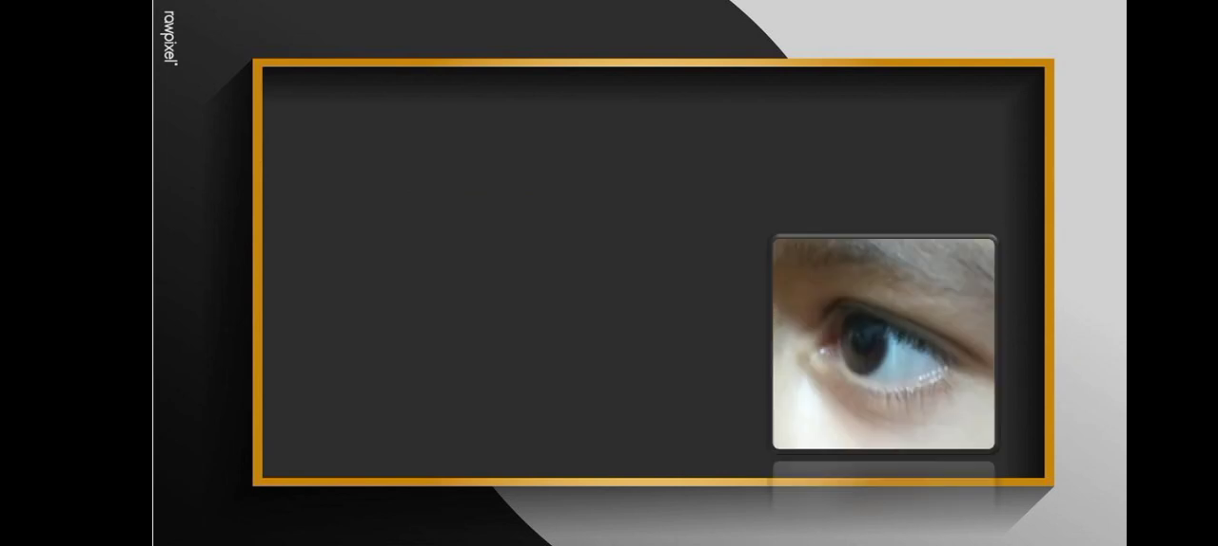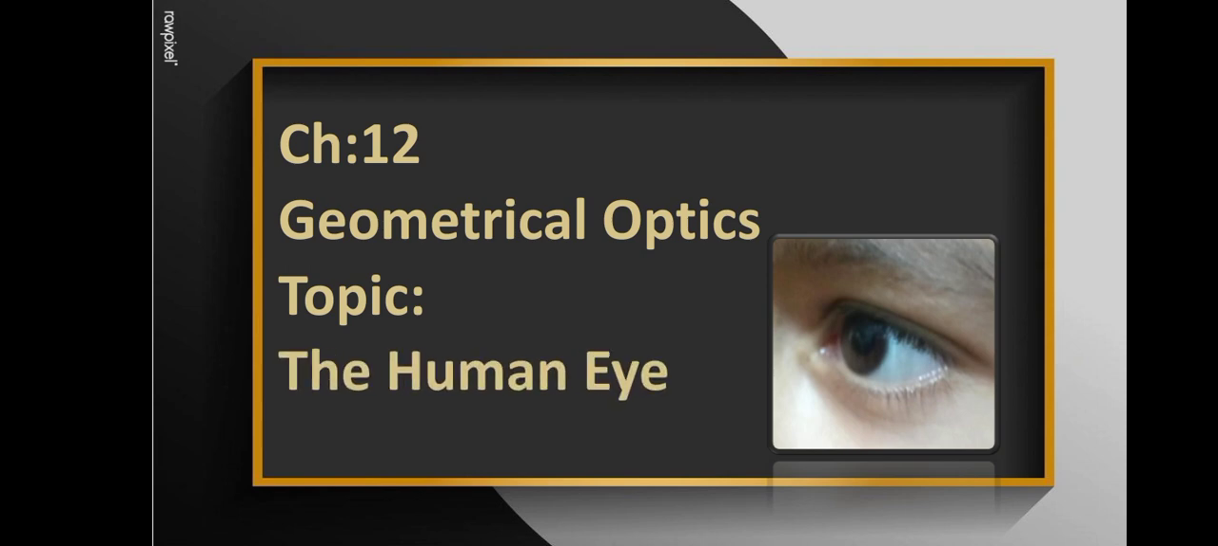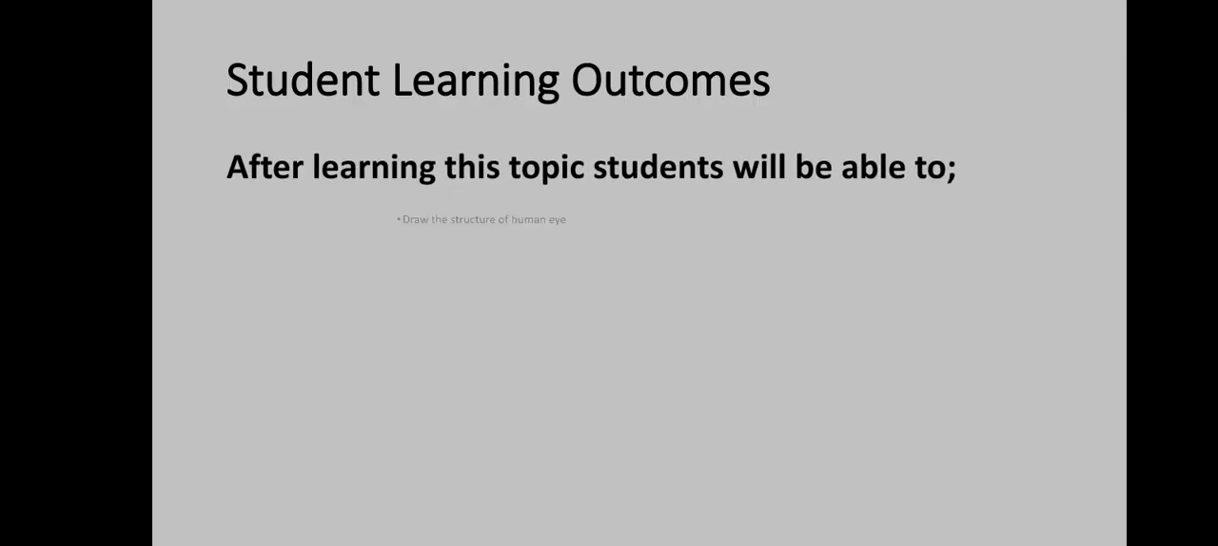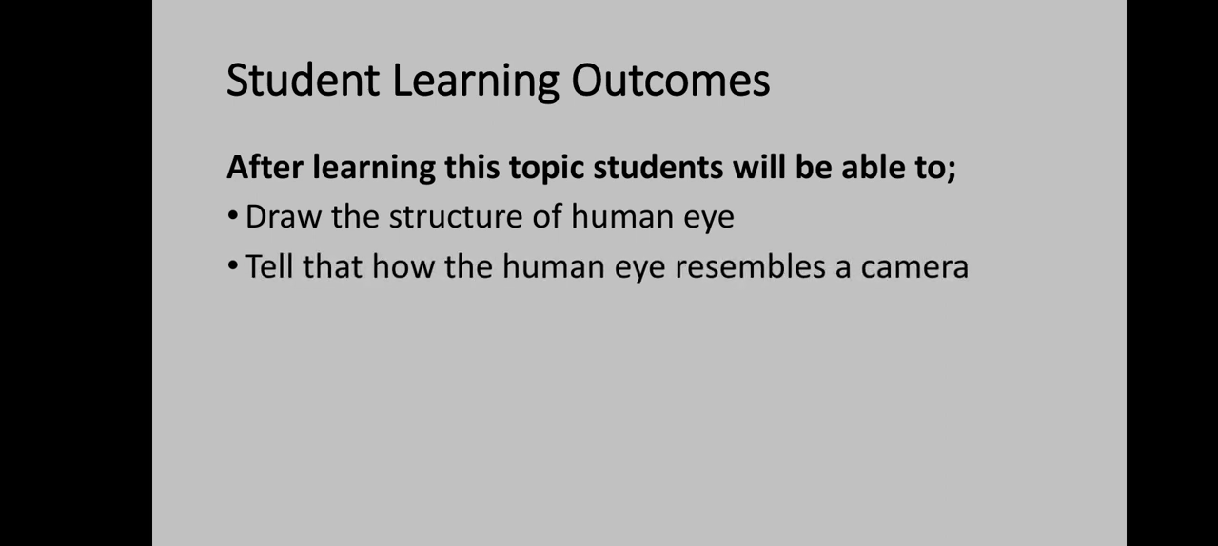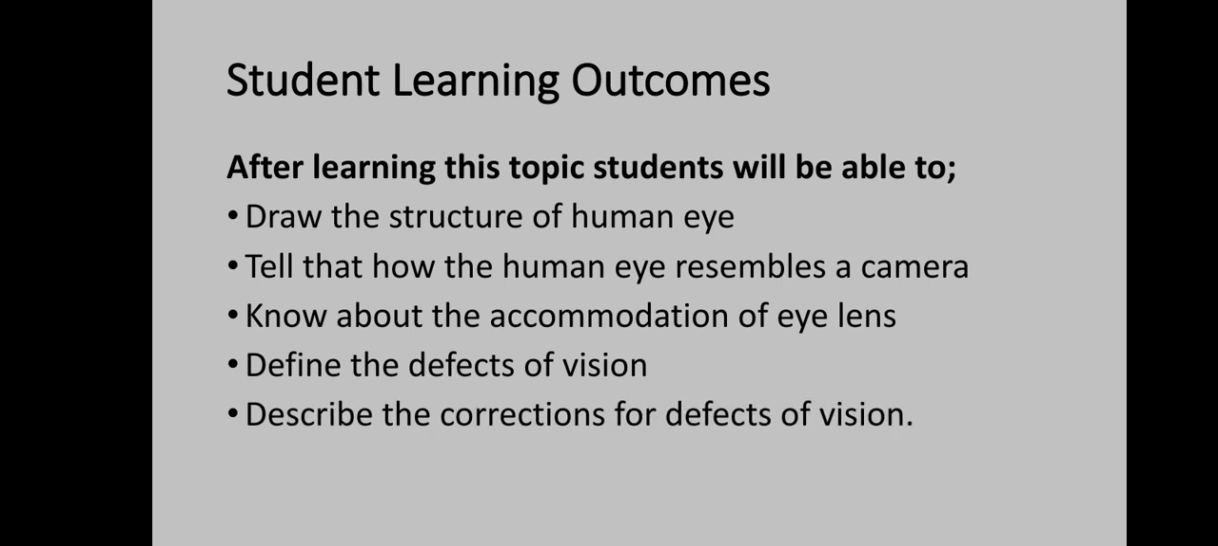Teacher Iram. We are studying chapter number 12, geometrical optics. Today our topic is the human eye, which is the last topic of this chapter. After studying this topic, you will be able to draw the structure of the human eye, tell how the human eye resembles a camera, know about the accommodation of the eye lens, define the defects of vision, and describe the corrections for defects of vision. Let's have a brief